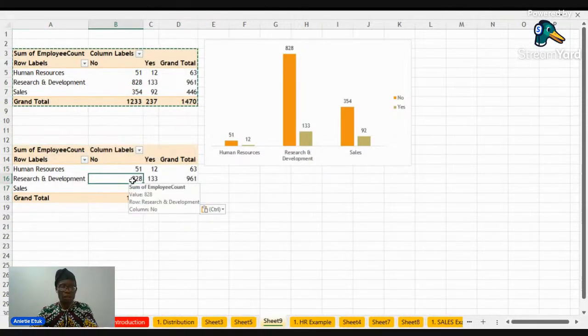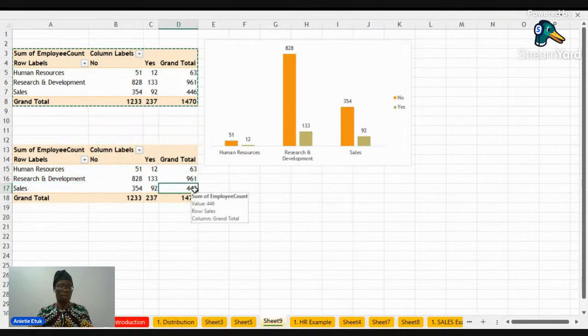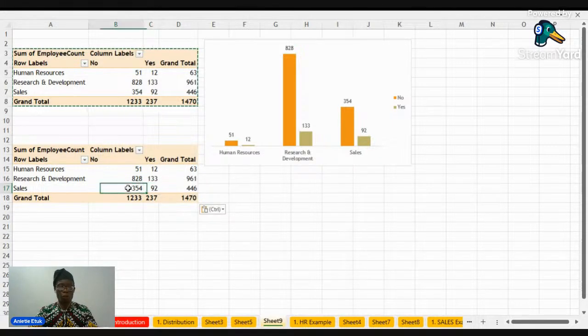Now, if we check the distribution, for human resource it is 63, for research and development it is 961, for sales it is 466. I will use percentage to convert all this to 100%, so that we'll see the actual distribution, the actual data. So if I click on any of these cells, I want to say, show me for each row, this is a row, and this is a row.